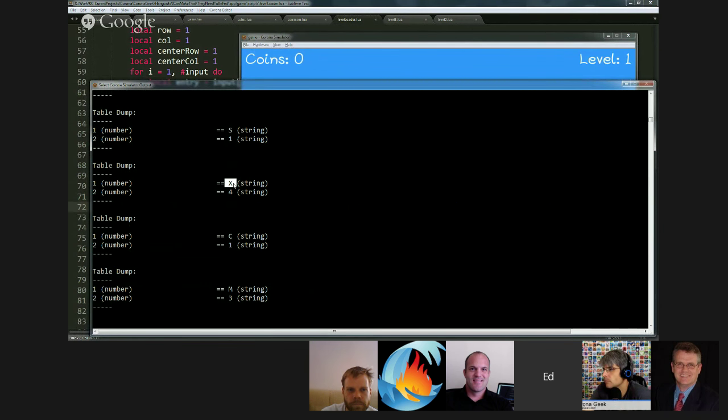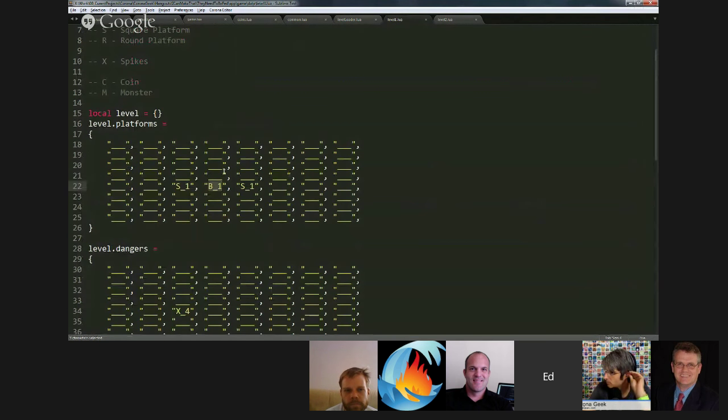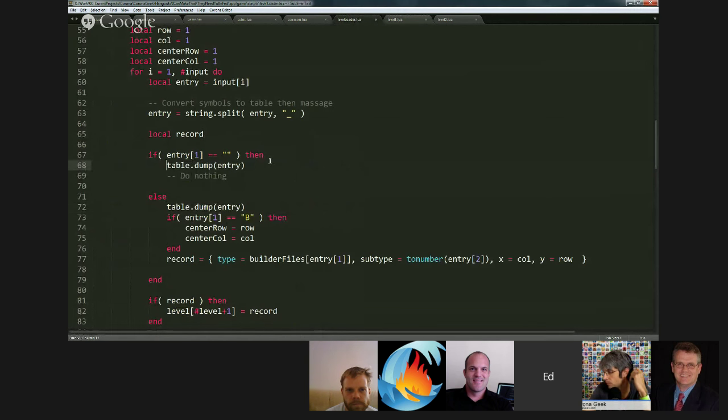One is a token that tells me what the builder is, and the other one is the special positioning rules. But the question you may have in your mind is what about these entries that don't have any markers? They're just 3 underbars. What does that do? Well, I have a function called dump, also from SSK, also extracted from somebody's external code, which I then modified a little bit for my own purposes. And its job is to print the contents of a single table, just the first level. And so if I dump out the resulting ones that have nothing and the resulting ones that have something,